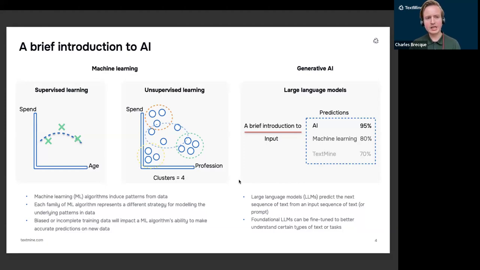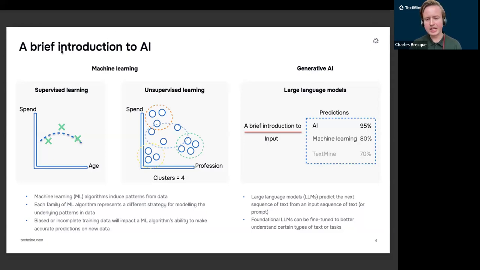But in the machine learning setting, models are effectively inducing patterns from data, which means that if your data is biased or is not representative of the real world, then your models will not be able to generalize, or they will not be accurate in a real-world setting.